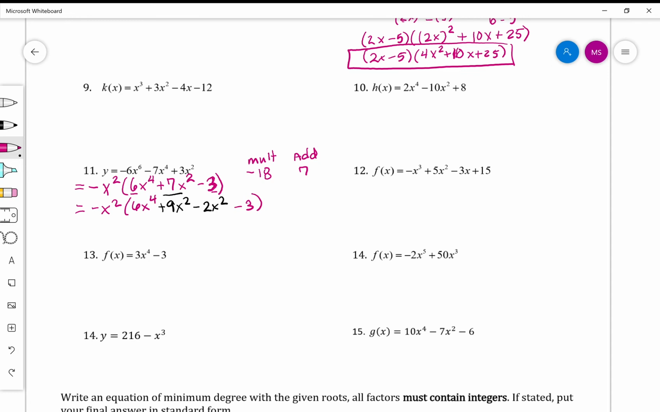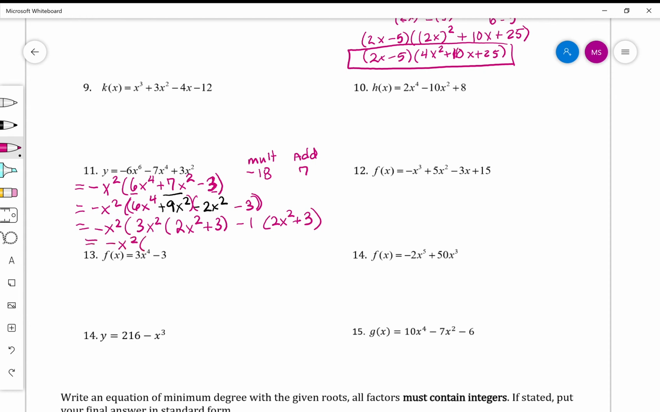We're going to go ahead and group the first two and then group the second so we can factor by grouping. So we get negative x squared. 6 and 9 share a factor of 3, and x squared is the lowest x's you can pull out, and you are left with 2x squared plus 3. And then here, again, you still have to have a 2x squared plus 3, so really the only thing you can factor out is a negative 1. And then rewrite everything so that